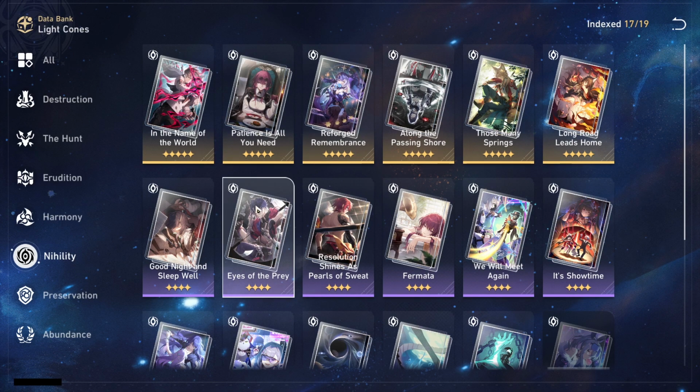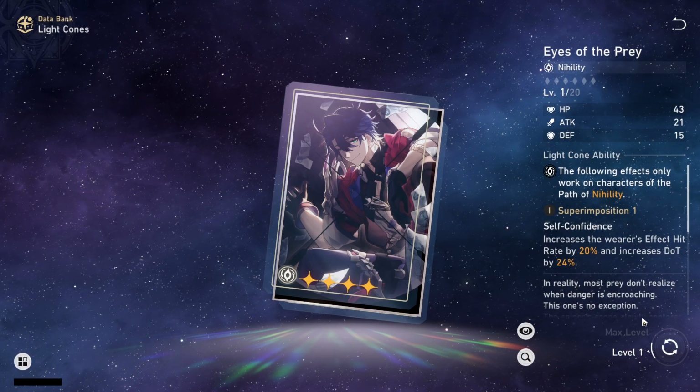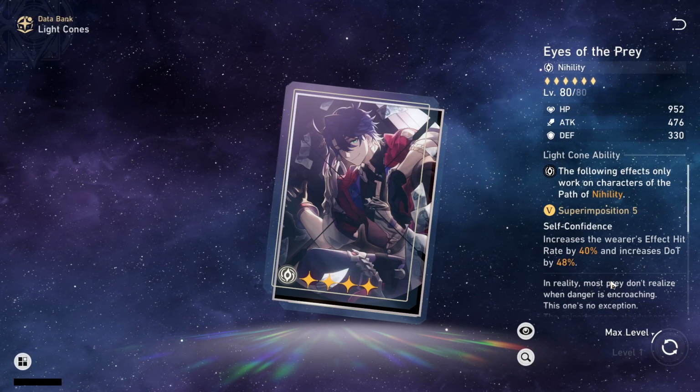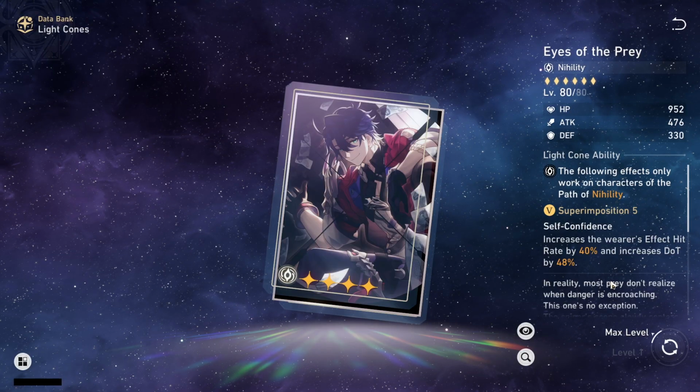Another Lightcone you can use is the Eyes of the Prey Lightcone, which gives 20% effect hit rate and increases dot by 24%. At S5, it's a 40% increase to effect hit rate and a 48% increase to dot. Not really much to talk about here. It's a 40% increase to effect hit rate. As I mentioned, you do want to build him with effect hit rate, so that's going to be very, very